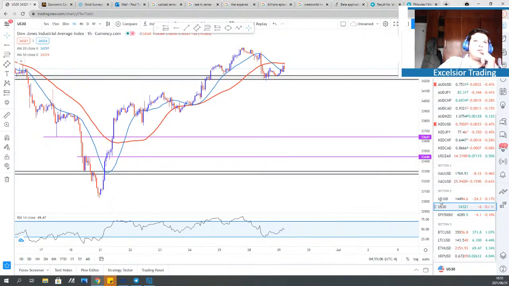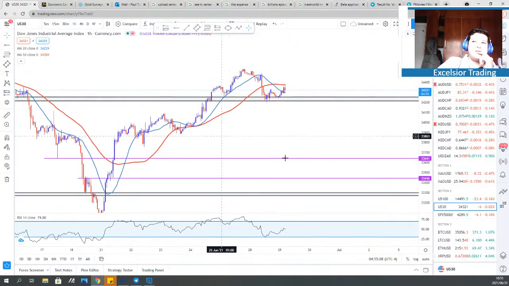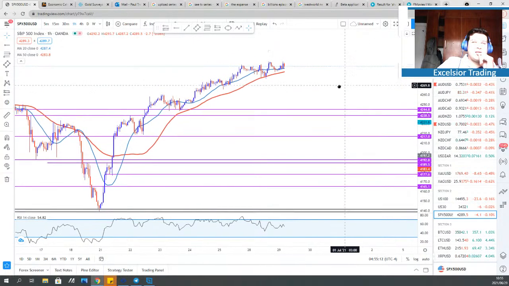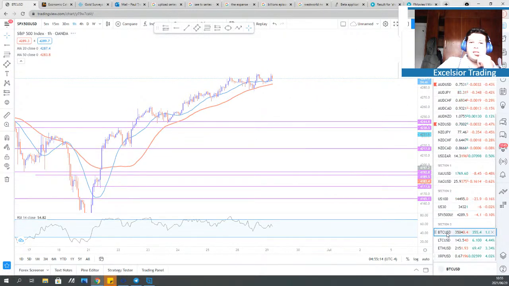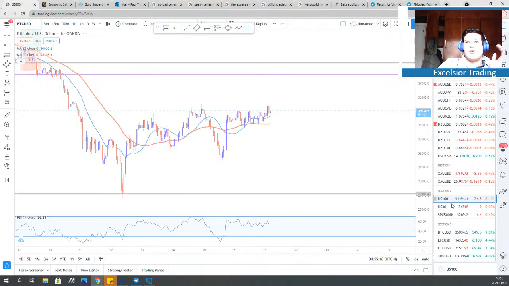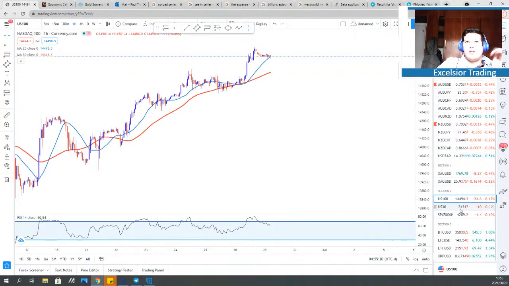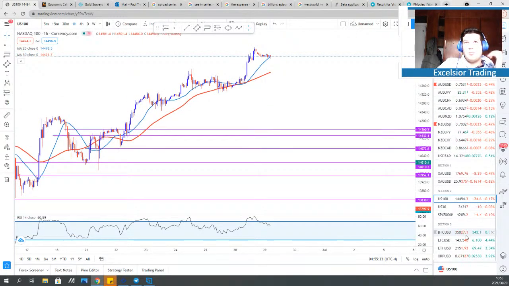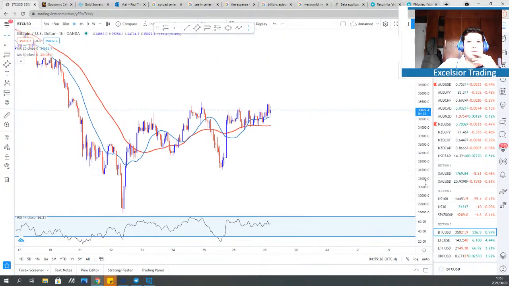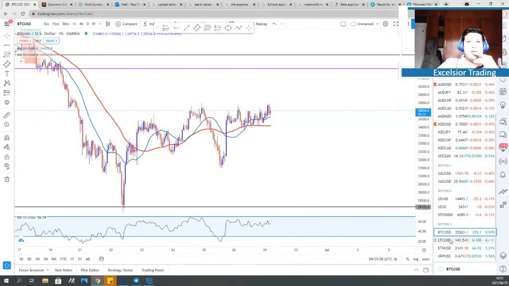I'm a bit out of sync with Nasdaq and US 30 and SPX 500, so I'll take a few days away from these Forex pairs and just focus on these indices right here, coming back into the vibe again. Probably take a month or two to get back into that vibe when trading